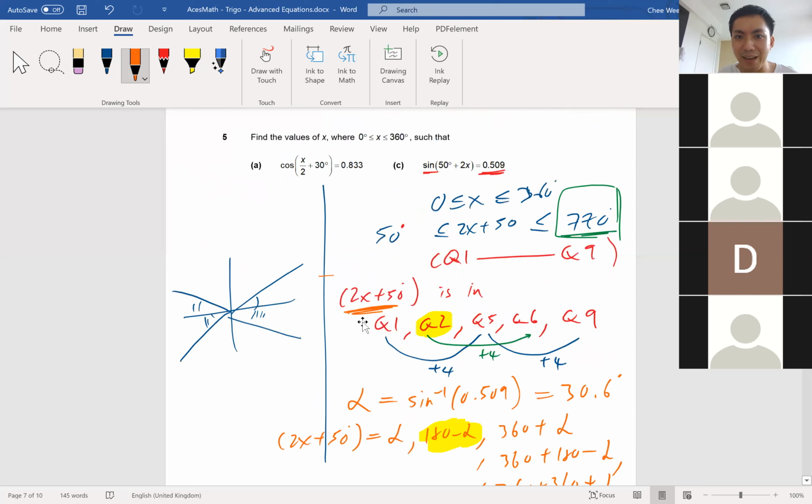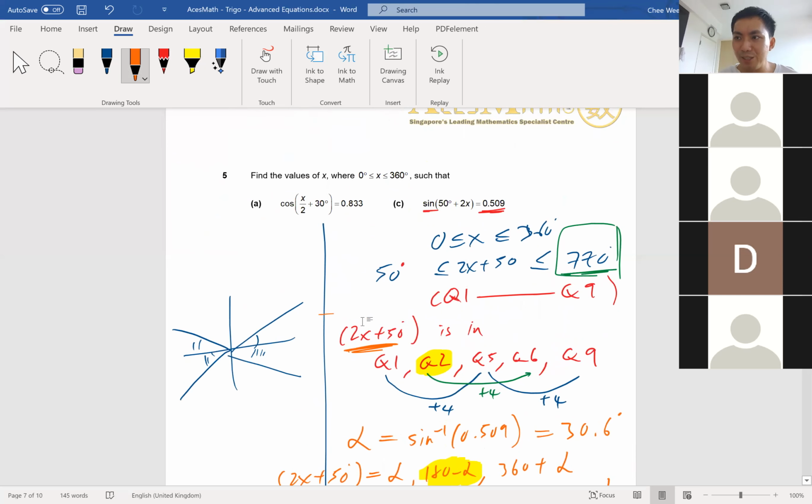So this is it for this kind of advanced equations. So next week I'll teach you all a little bit more to touch up the entire solving of trigo equation situation. That's where the applications part comes in. Okay. So today's session is recorded. I'll upload to the Google Drive after this session is